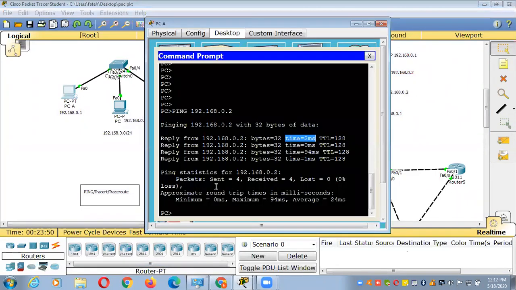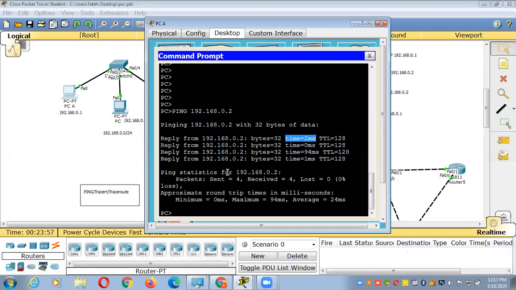But try to understand. Is echo request nothing but the ping command? Is that what you're saying, sir? Exactly. When you're sending the traffic to system B, this process is called echo request. Okay, so logically checking the connection between two or three different systems in a network is called echo request.